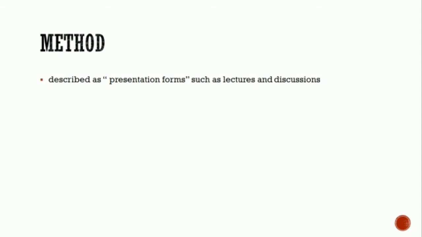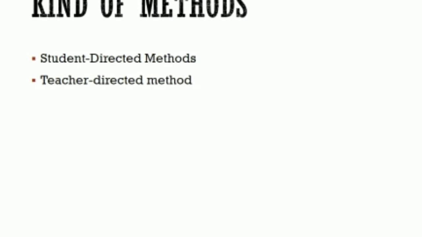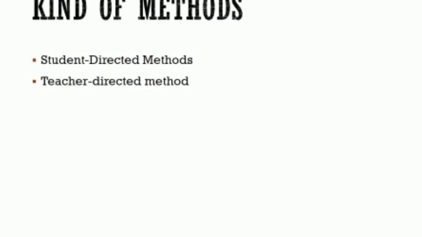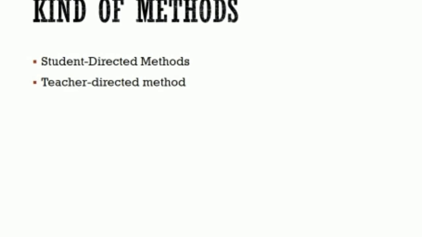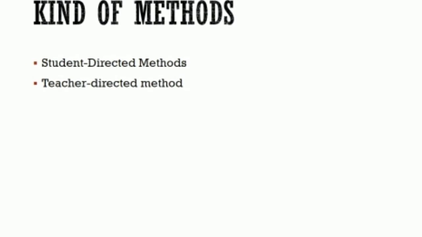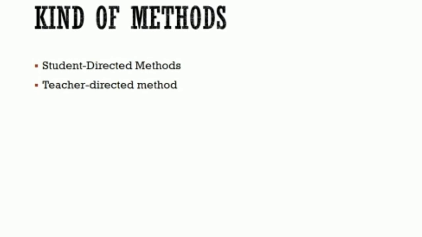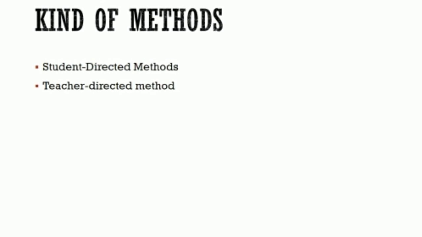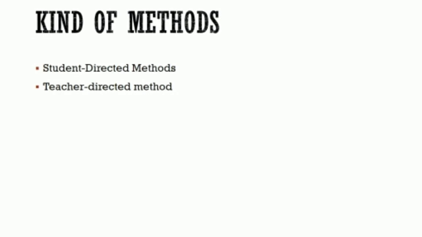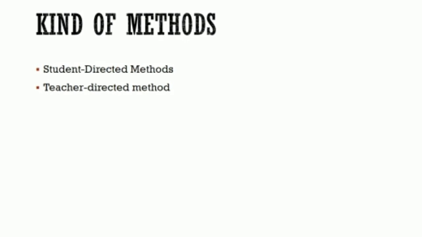Traditionally, instructional methods have been described as a presentation form, such as lectures and discussion. Methods are the procedures of the instruction selected to help learners achieve the objectives or to internalize the content or message. Student-directed methods. Discussion. As a method, discussion involves the exchange of ideas and opinions among students or among students and teacher. It can be used at any stage of instruction and learning, in small or large groups. It's a useful way of assessing the knowledge, skills, and attitudes of the group before finalizing instructional objectives.